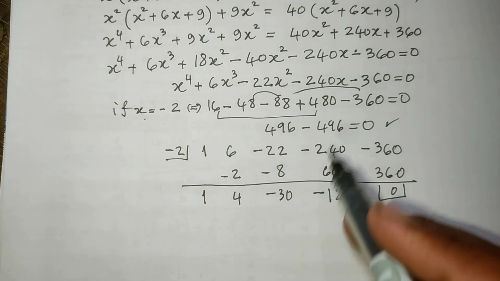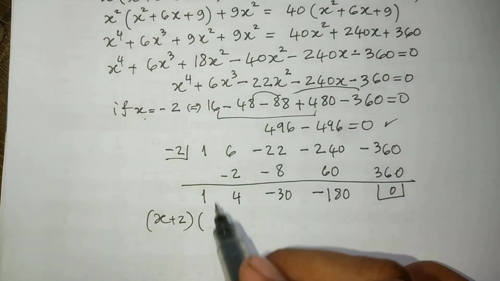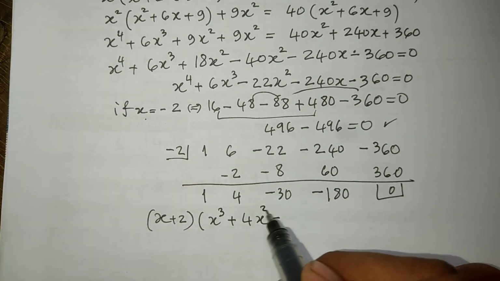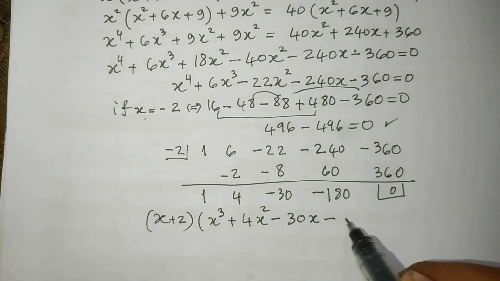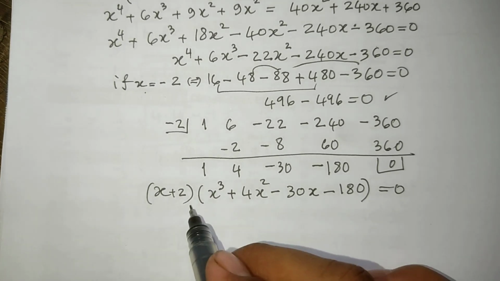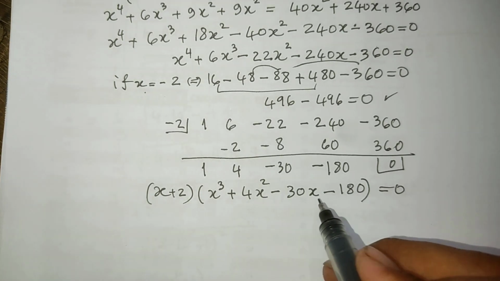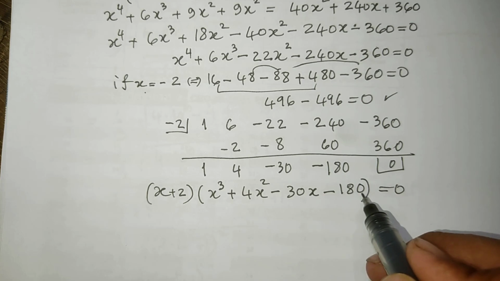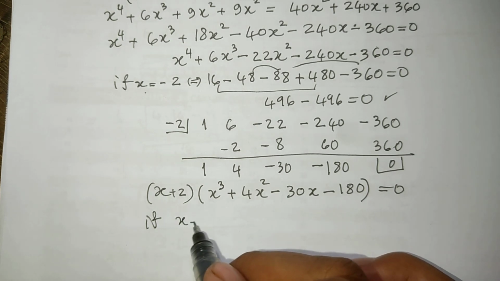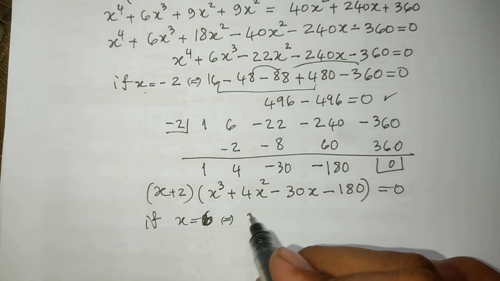So now the equation can be written as (x plus 2) times (x cubed plus 4x squared minus 30x minus 180) equals 0. For this x cubed plus 4x squared minus 30x minus 180, I replace x by 6. If x equals 6, you get